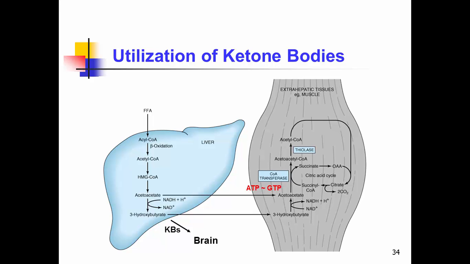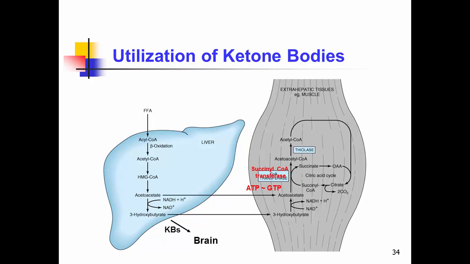Succinyl-CoA is the intermediate of the TCA cycle, right? Remember? The enzyme that carries out this reaction is called succinyl-CoA transferase. It transfers the CoA group from succinyl-CoA to acetoacetate, generating acetoacetyl-CoA. The next step is the breakdown of acetoacetyl-CoA to two acetyl-CoA molecules by thiolase enzymes, right? And once acetyl-CoA is formed from the ketone bodies, it enters the TCA cycle,